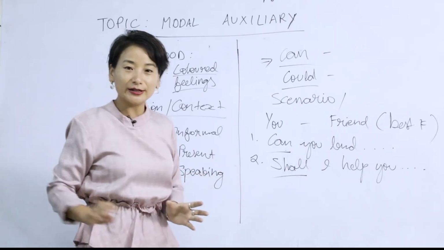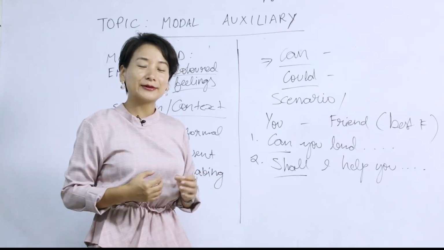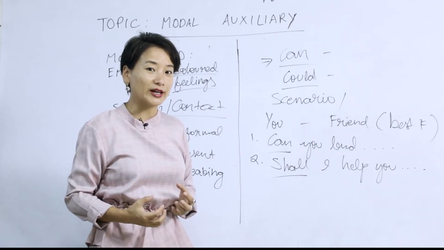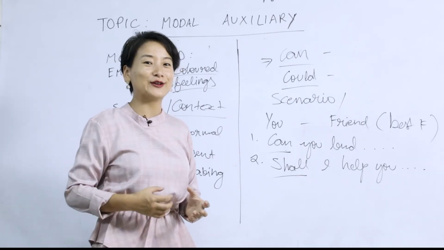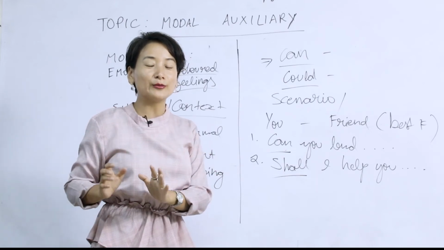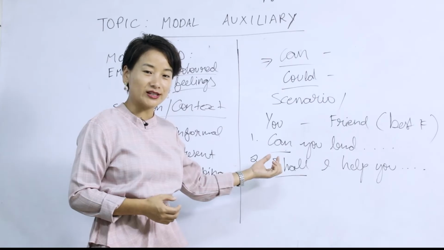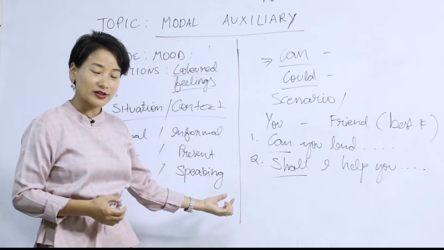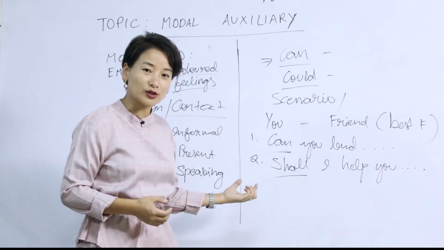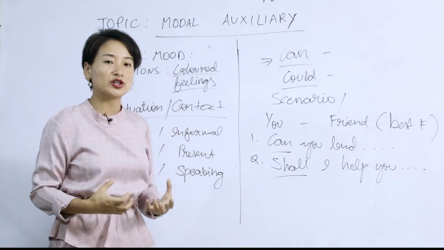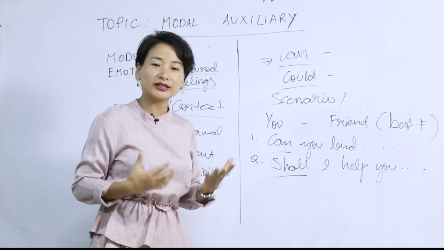So your mother might think, why is my daughter, or why is my son, being very polite? Does he want something? That kind of subtext of communication can get distorted simply because you have chosen the wrong modal auxiliaries. And again, it is also reflecting the person's emotions, such as maybe the person feels that the